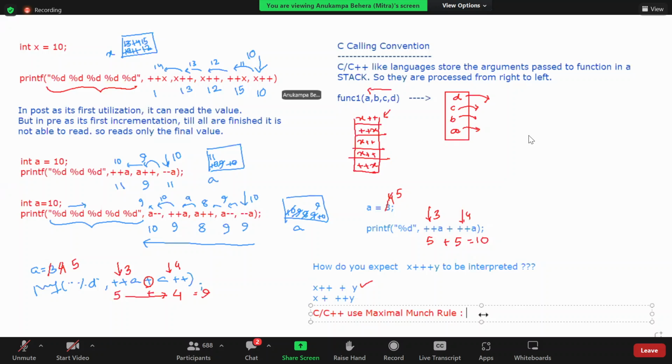That means it finds the longest valid token from left to right and uses it. So left to right, whatever is the longest one that it can understand, it will put it. इसको मैक्सिमल मंच बोलते हैं और लॉन्गेस्ट मैच भी बोलते हैं।